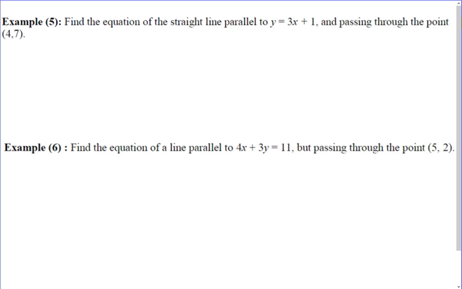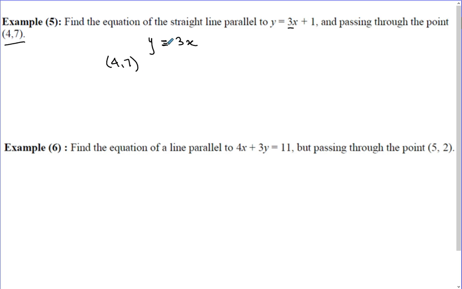Okay? Find the equation of a straight line parallel to y equals 3x plus 1 and passing through the point 4, 7. Okay, so you know the first part of your equation again is y equals 3x because it has to have the same gradient. And then you remember in part 2, was it, of the straight line graph topic, we discussed if you know your gradient and you want to find your c, all you do is you substitute that point in the line because you know the point has to lie on the line,